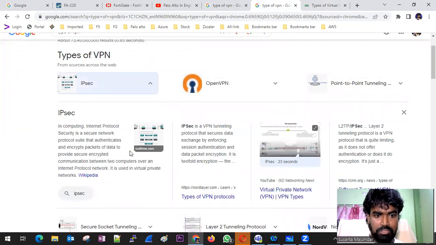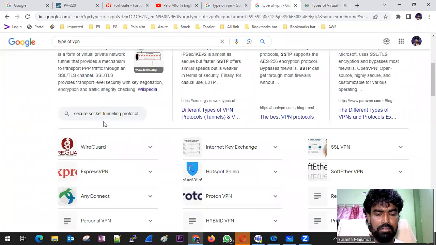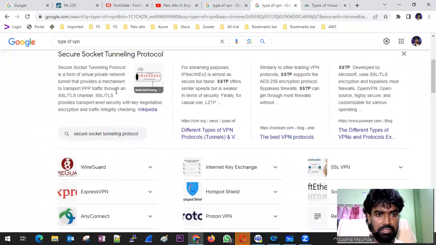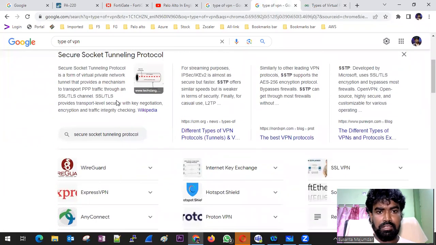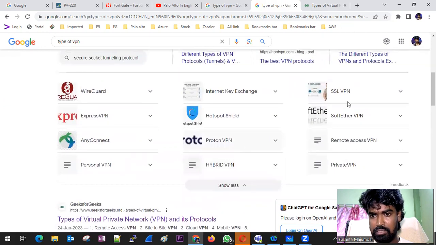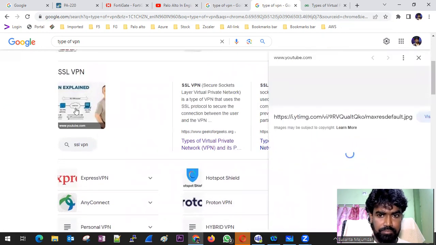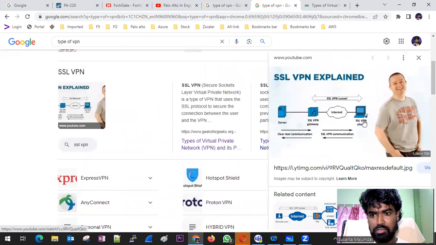If you see, this is IPsec. This is secure socket SSL, which FortiGate uses, SSL VPN. With an SSL client over the internet, you are connecting to the SSL server gateway.